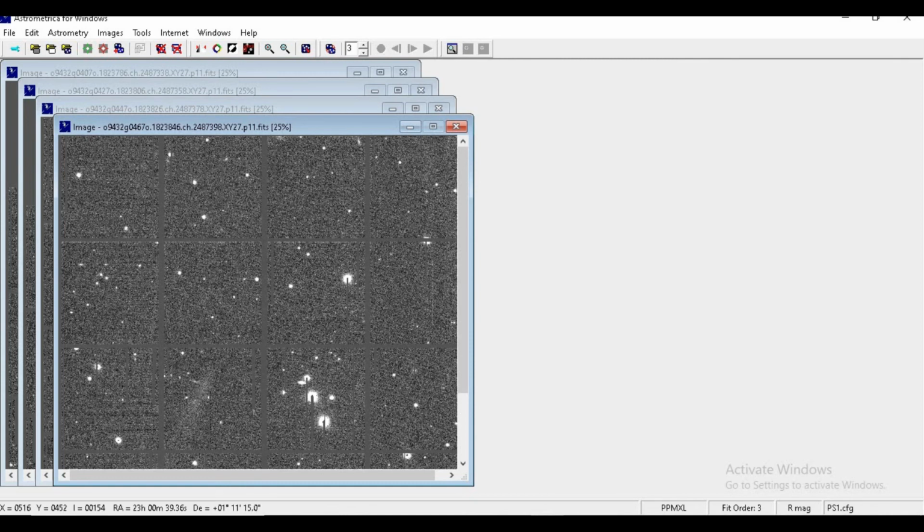CCD is a charge coupled device, which is used in the telescope and also in our mobile cameras. CCDs capture images, so they are used in telescopes to picture the sky.